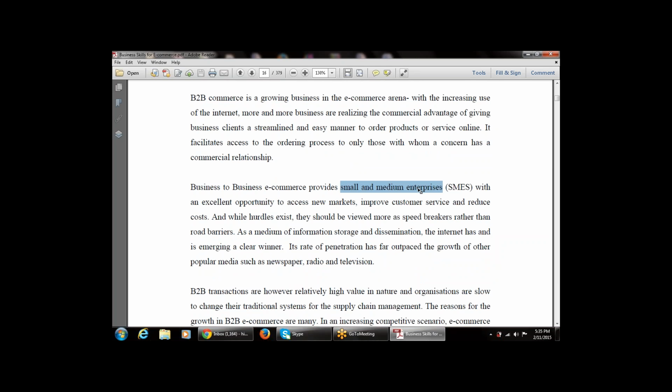And while hurdles exist, they should be viewed more as speed breakers rather than road breakers. So whenever we use business to business e-commerce, it improves the customer service and reduces the cost. As a medium of information storage and dissemination, the internet is emerging a clear winner. So whenever it is used as a medium of information interchange,